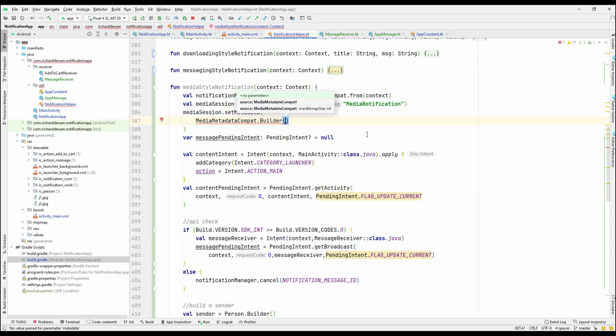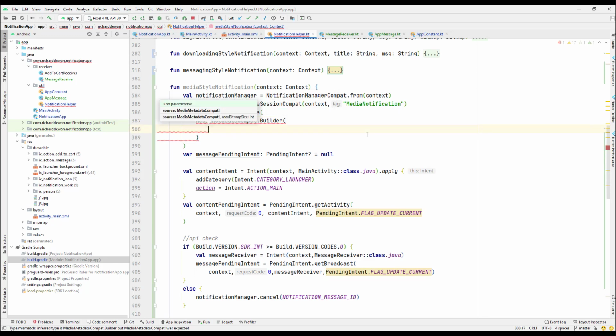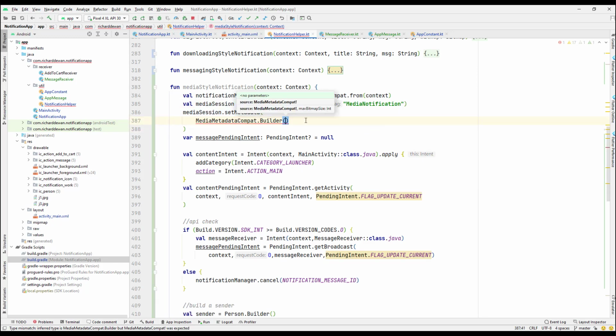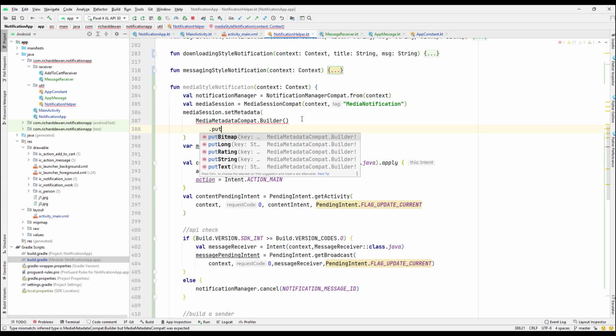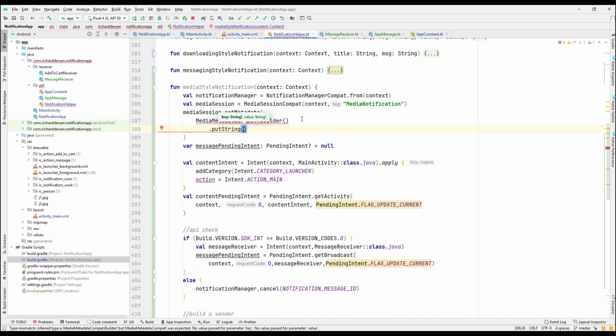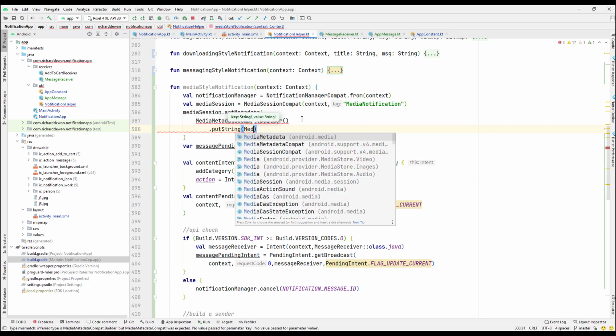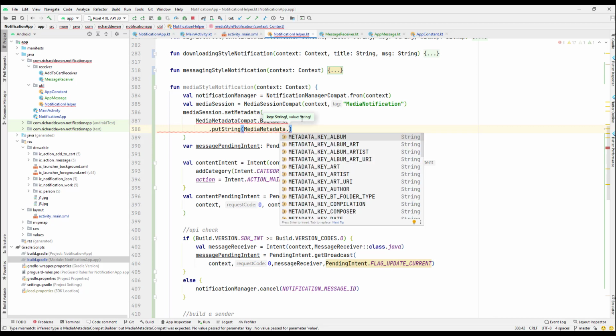And then we need to pass the... okay, sorry, not in the builder. So we need to set, not the set, it should be put, right? So put the text or the string, that put the string, and here we need to pass the media metadata dot the media